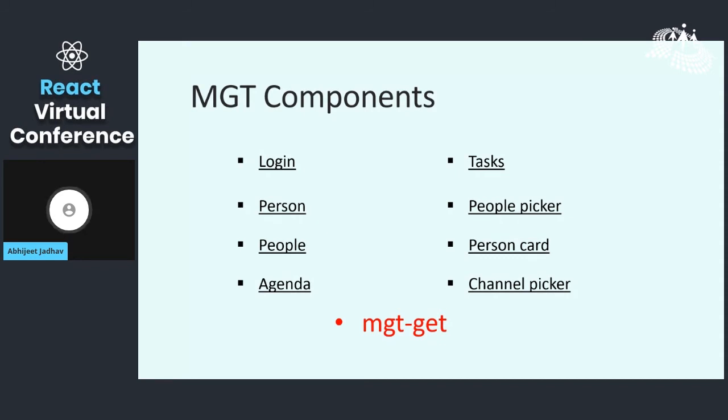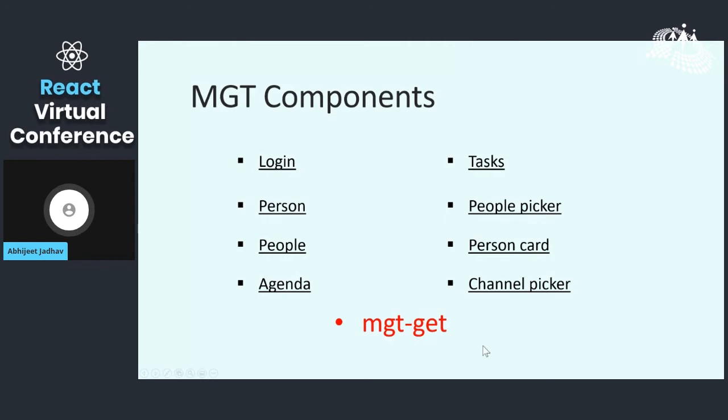So for example, tasks will give you either your Planner tasks or, if you want, your To Do tasks, with a single line of code. We can have the whole people picker functionality with the people picker component. We can get the person card, where you can see the email address, the name of the person, the phone number, and also customize the additional properties in the person card. We can have the channel picker of Teams. Like if you have created a team and you have multiple channels in the team, you can see that with the channel picker.